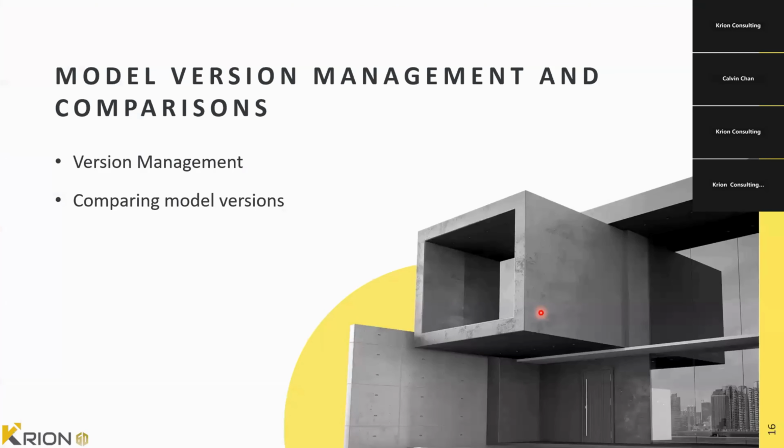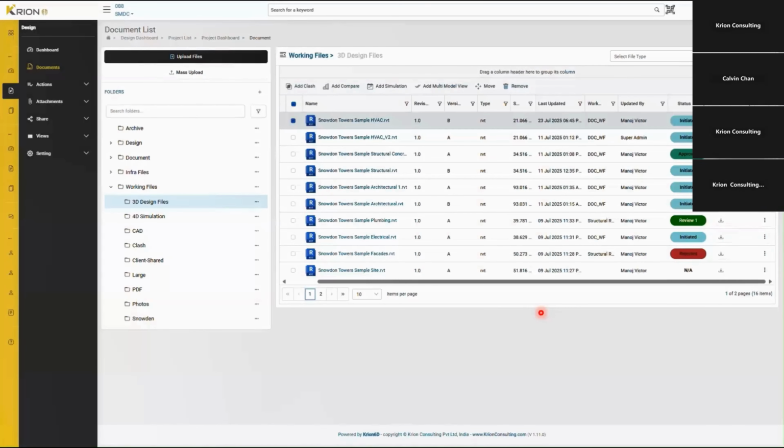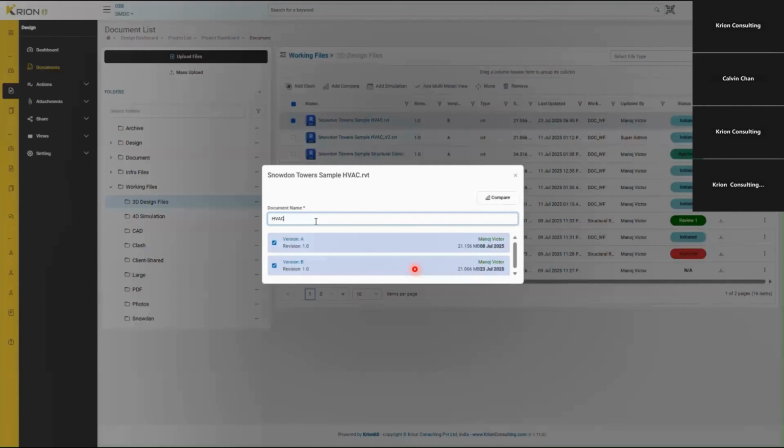And when it comes to model version management and comparisons, the robust version management feature inside Crayon 60 allows you to compare different model versions and document versions, this document being anything from PDF, CAD drawings, etc. So I have two models here. I have my HVAC model. So I will be able to create